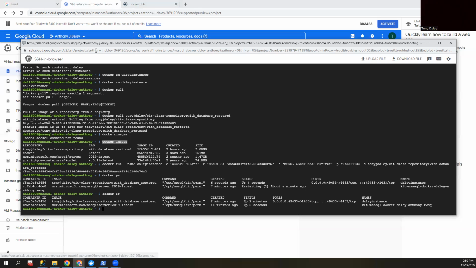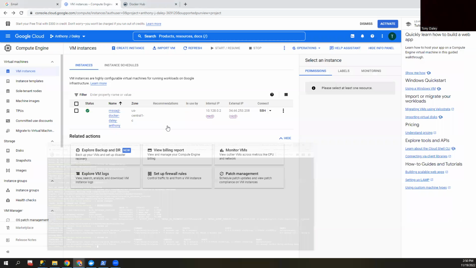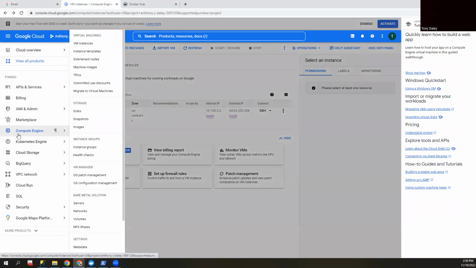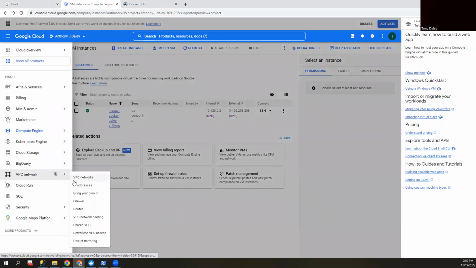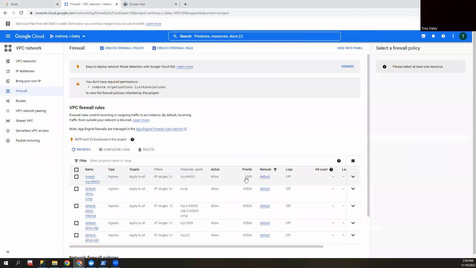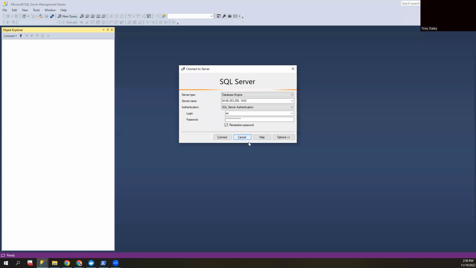Once we are done with that, this is the process where we configure our firewall settings so that we can allow people to remote into it, which we go over here. We create a firewall rule, priority 1000, which is just priority 1. And we made sure that we were able to get in through the TCP port 49433. After all that is taken care of, we were able to go through and look at this, make sure we got our